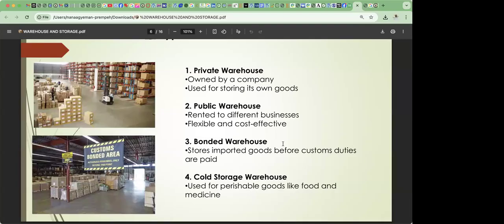But we are told bonded warehouses keep goods whose duties are yet to be paid. That is where my question is coming from. We are told that bonded warehouses